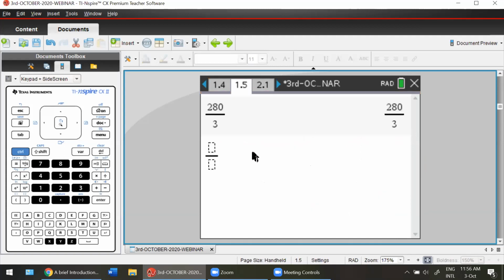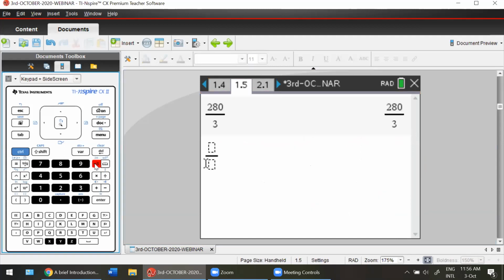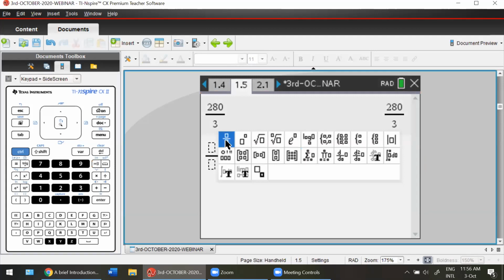Okay, let's just check this out. I think you all are fairly advanced, because you know how to type it in. From the button next to 9, just to the right side of 9, you select your tab there and you can hit 280.